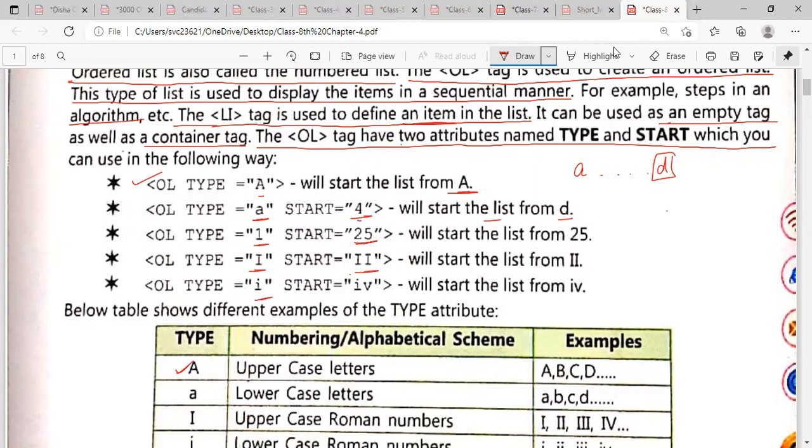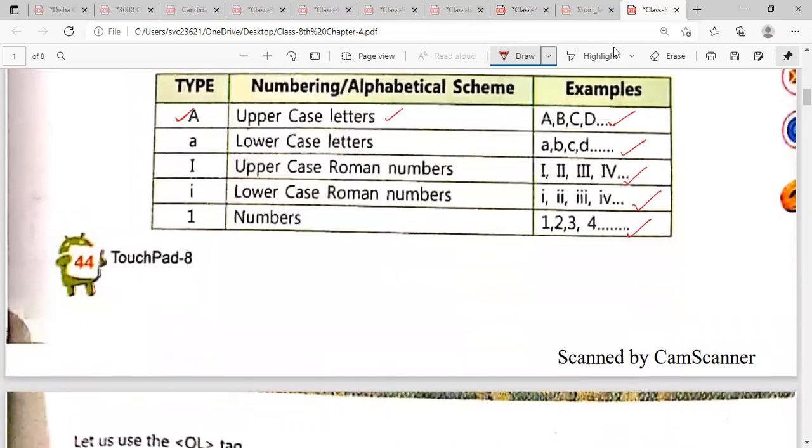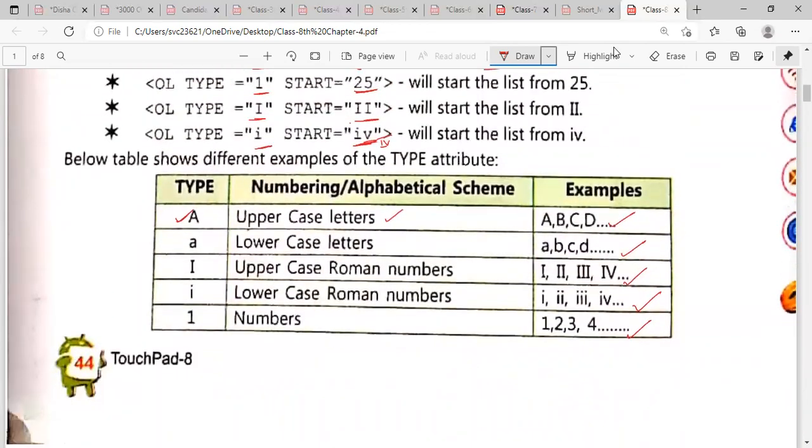And here is i, but you are writing 4. Now the table below shows the different examples of the type attribute. A means uppercase letters, and there are lowercase letters, uppercase Roman letters, lowercase Roman letters, and these are the numbers. These are the values of the type attribute.